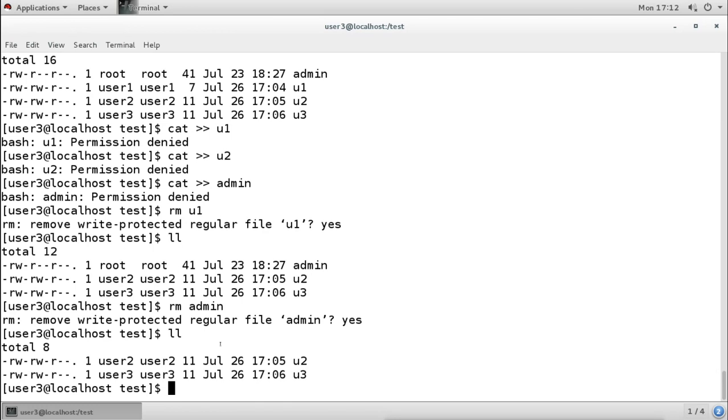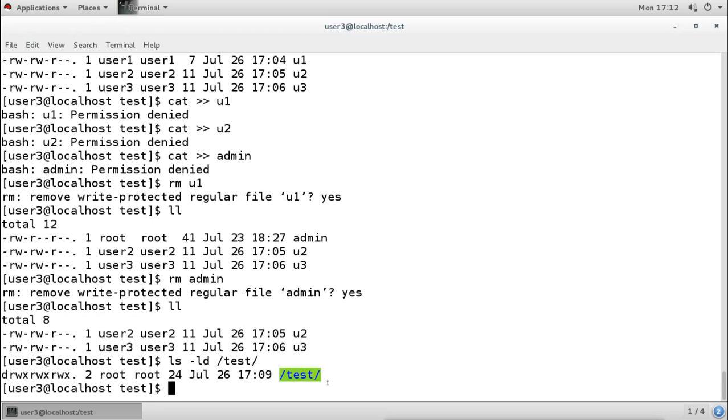Very simple. Remember when we gave the permission to write on the directory? And remember, when we give the permission to write, that means you can add files, and you can also remove files. So if we check the permission of the directory, it says read, write to all. That means for other users, everyone has read, write and execute.